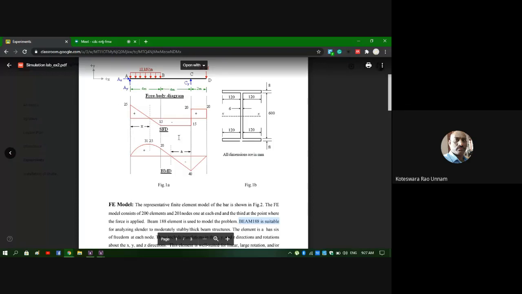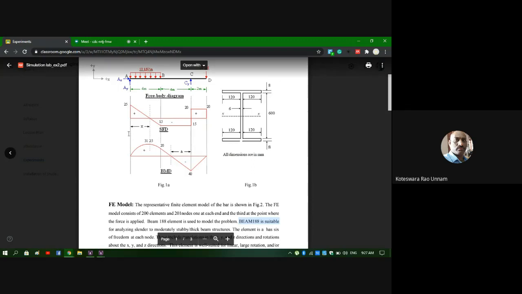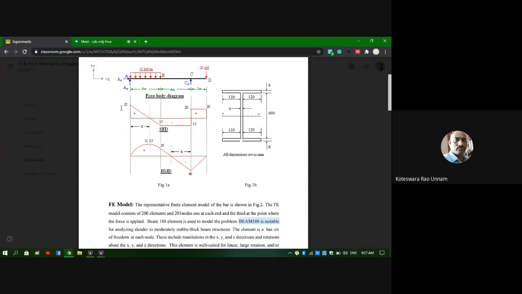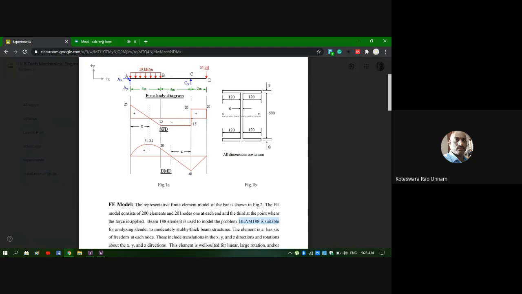So here you have the analytical solution. If I compare the results of that 4 element model with this, there is a large percentage of error. So what we need to do is take an optimum element size such that it can solve in minimum time, and at the same time the solution accuracy should be sufficient. That means whatever results you get should be within the acceptable level. If you compare the solution you get from the software with respect to this analytical solution, the percentage error should be less than 5%. Then only we can say it is an acceptable solution.